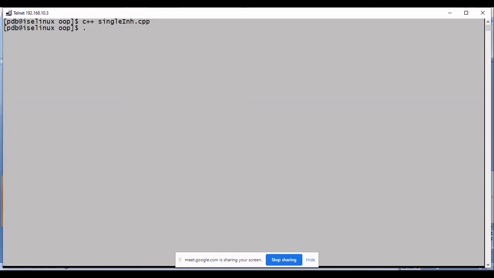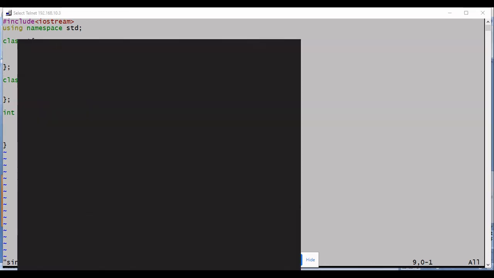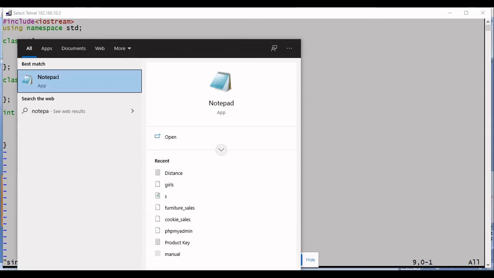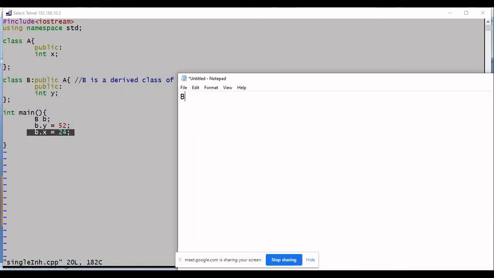It works. So what does it mean when there is no error for such a statement? By the property of inheritance, the class B, see, you have written that Y is member data of class B. But since you have inherited class A, X is also part of class B now.